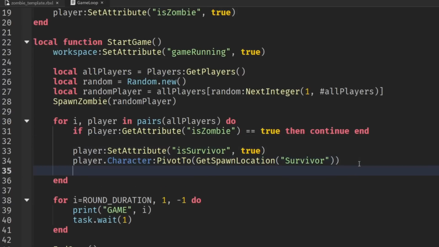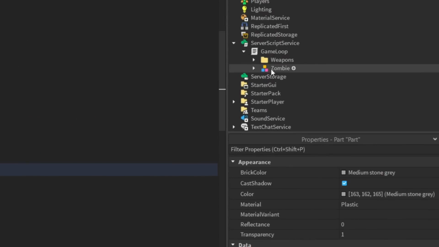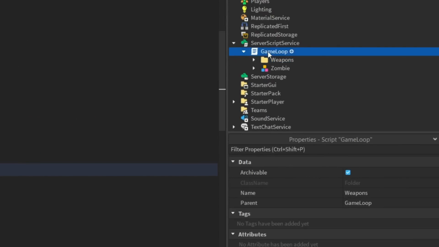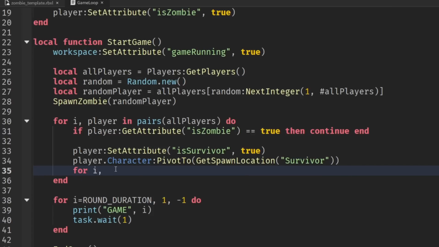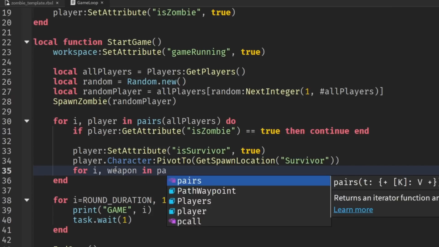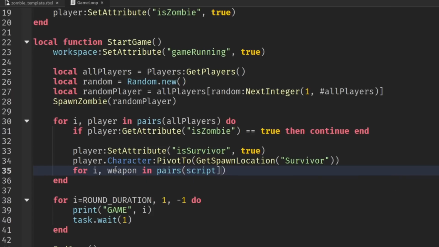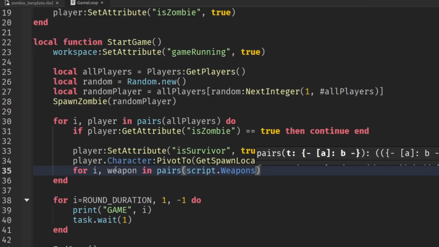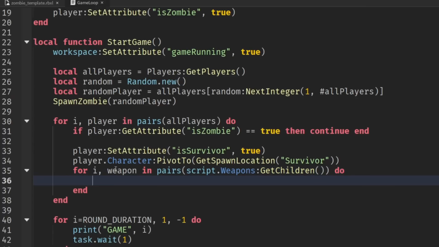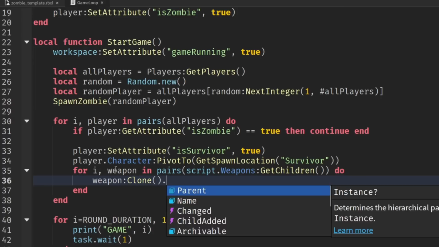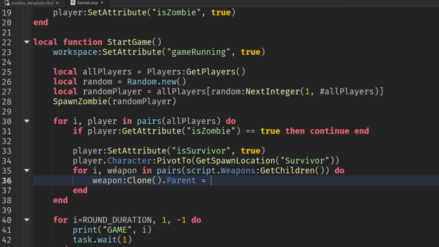The only next thing to do is to give them their weapons. So the weapons are in a folder inside of the game loop script. So let's create a little loop now: for i, weapon in pairs script dot weapons get children, and we want to clone all of them. So take that weapon, clone it, create a copy, and set the parent to